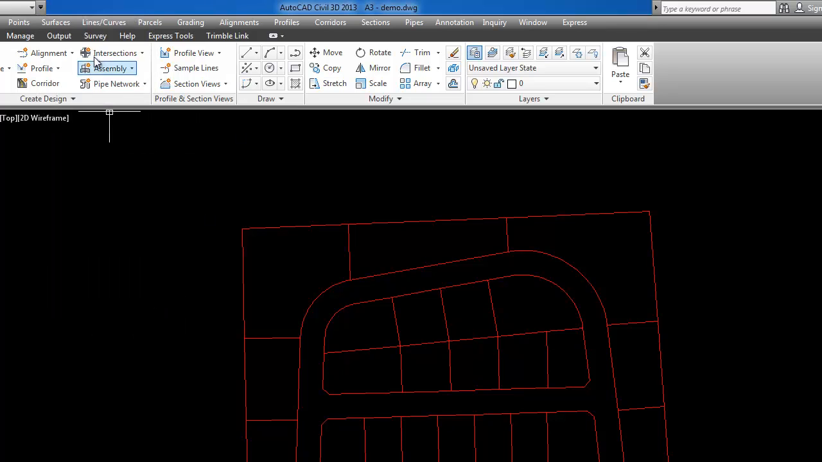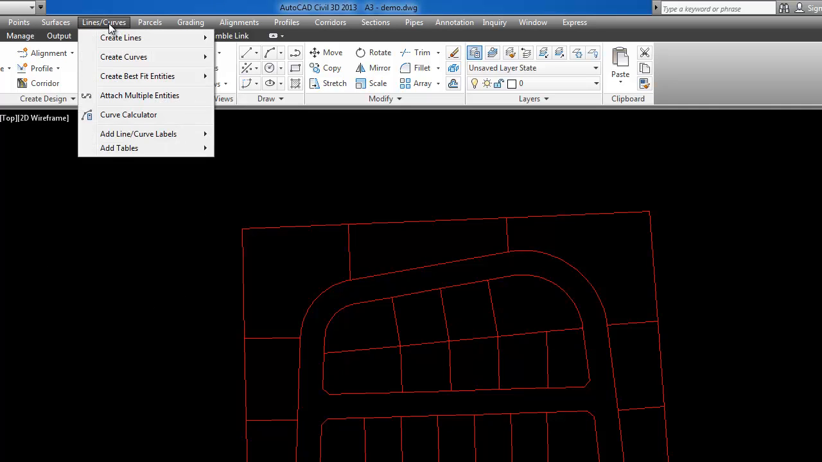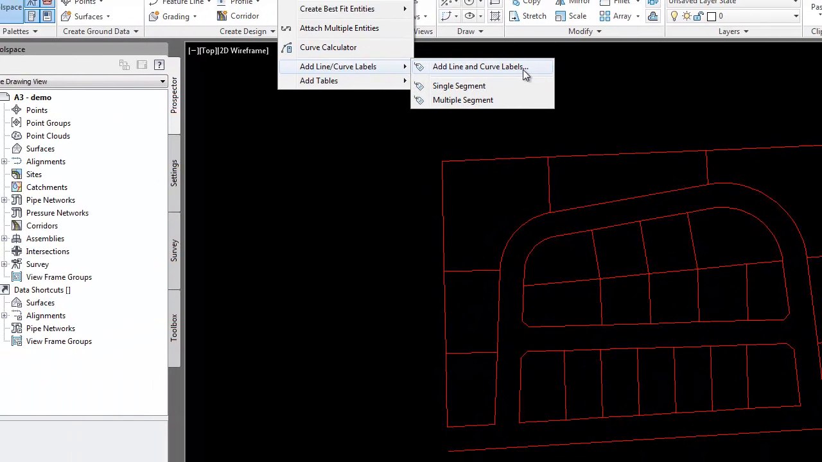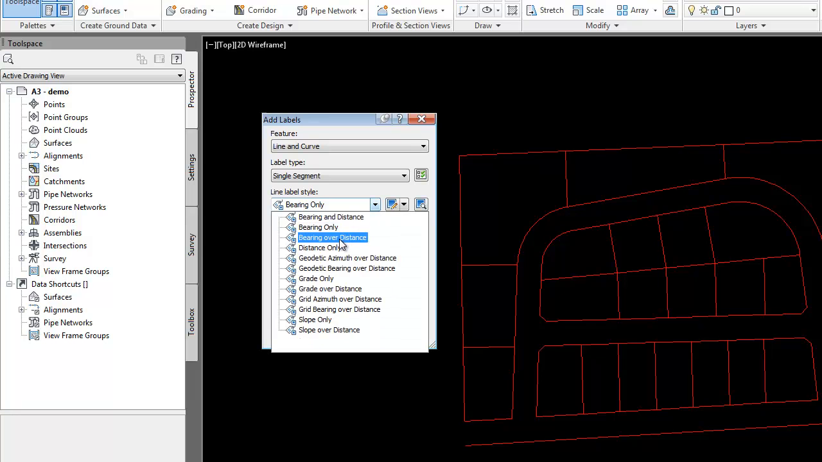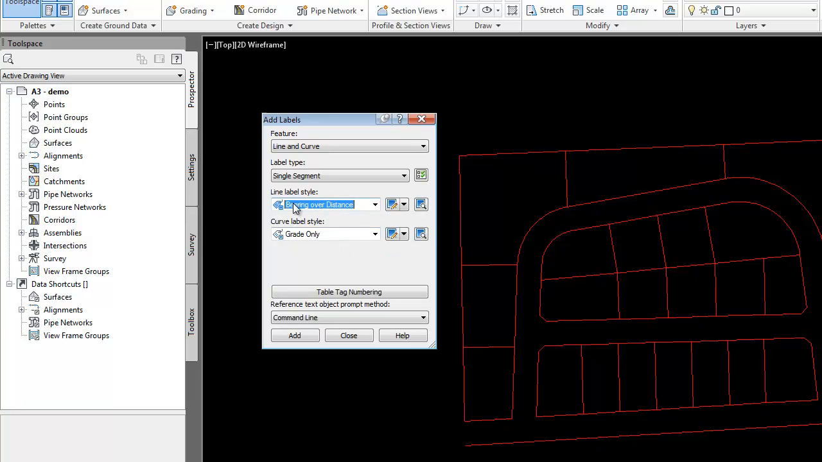So to start labeling lines, we'll go to the lines/curves. Clicking on this, go down to add line/curve labels, and then click on add line and curve labels. This dialog box should pop up. Then we're going to go to the line label style. We're going to click on this and go to the bearing over distance,